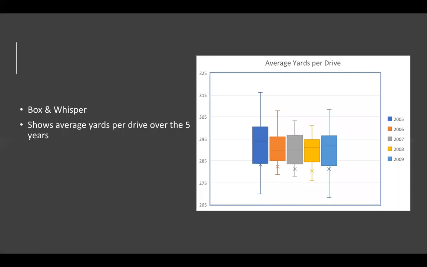And then here I had the box and whisker plot for the average yards per drive from 2005 to 2009. Basically, you can see that the mean of each year is relatively close to each other. There's probably 5 yards distance between each one, and it kind of varies from year to year. 2005 had the biggest one, but that was mainly because Tiger Woods was just coming out, and he was one of the first ones to get into the gym before hitting the golf course. So he had some extra power behind his swing, and that definitely showed.